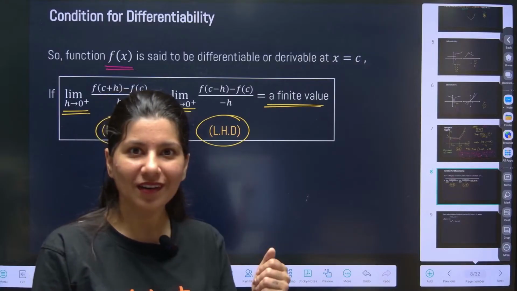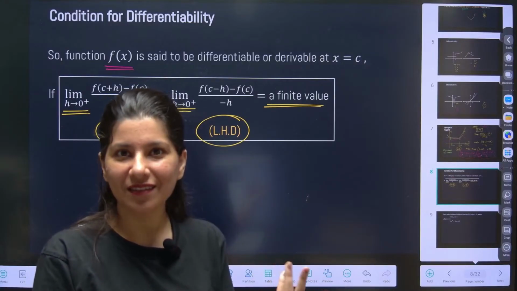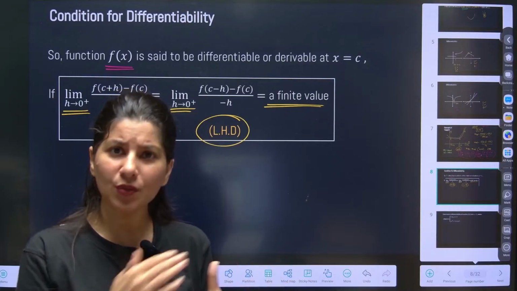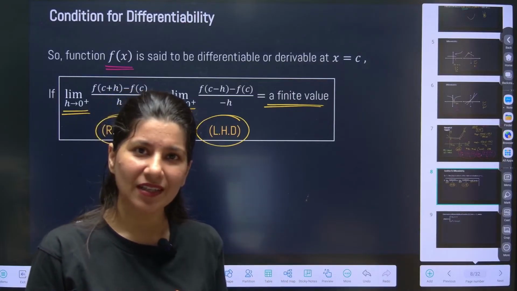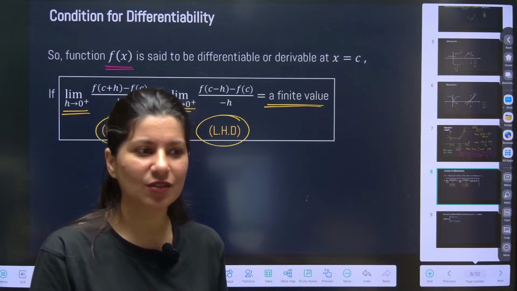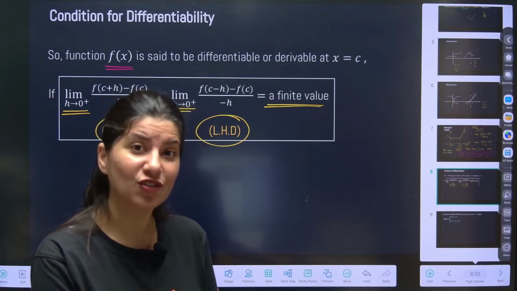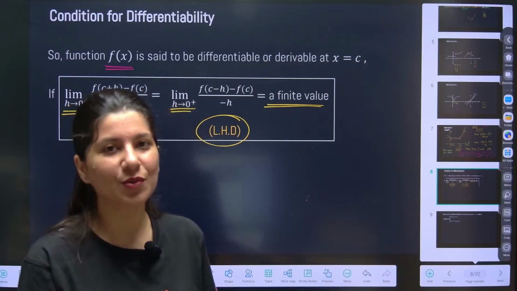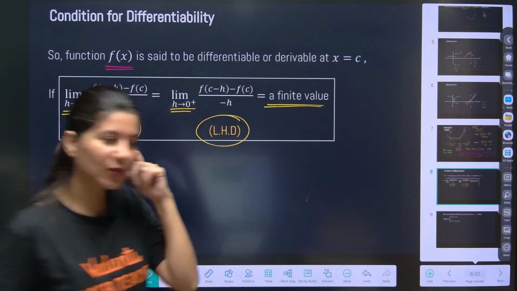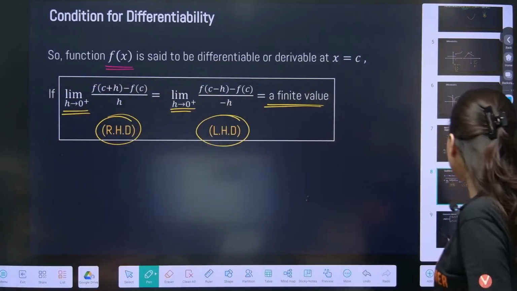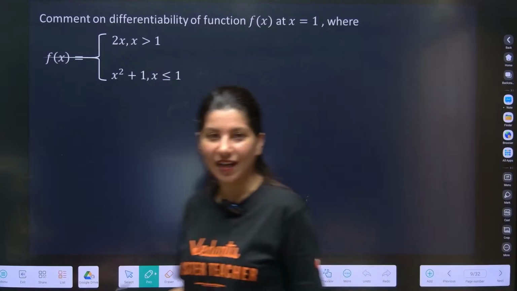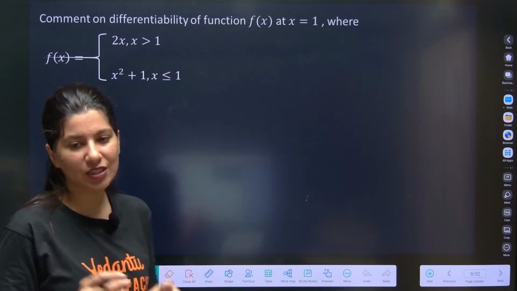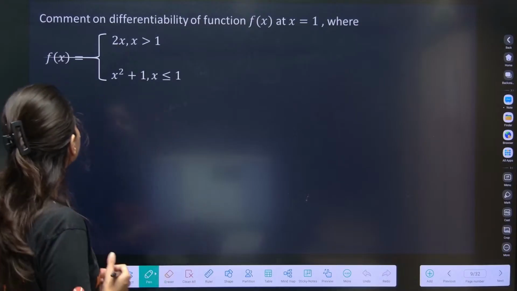All the formulas and concepts which you do not use throughout the year, you just forget them. This is so basic, and JEE Advanced plays on basics only. So if you forget about basics, JEE Advanced can give you a question on first principle. I'm not saying this randomly, because we have seen a lot of questions from JEE Advanced and some questions in JEE Main on first principle.